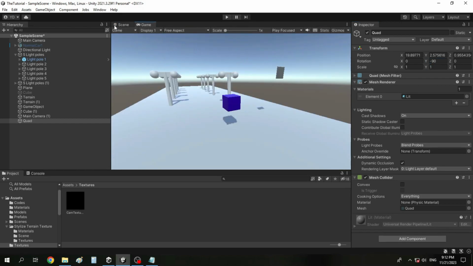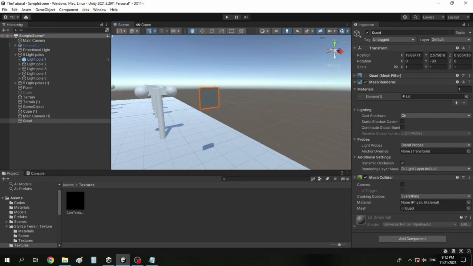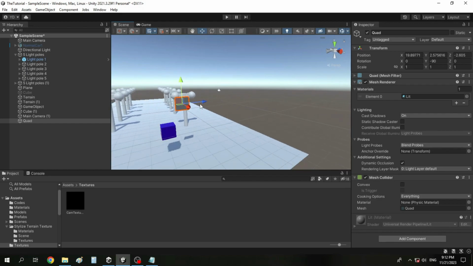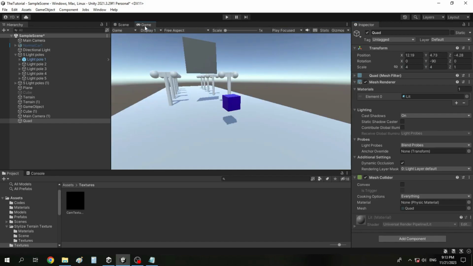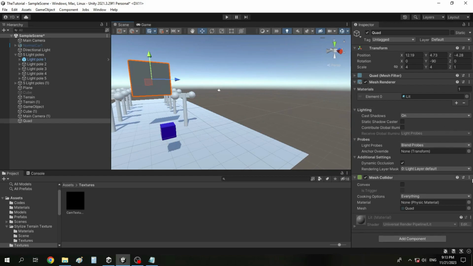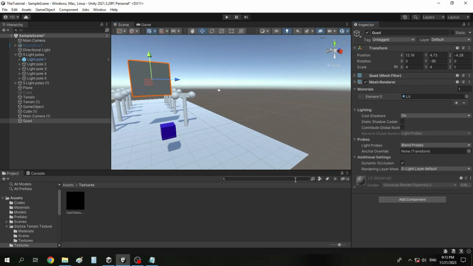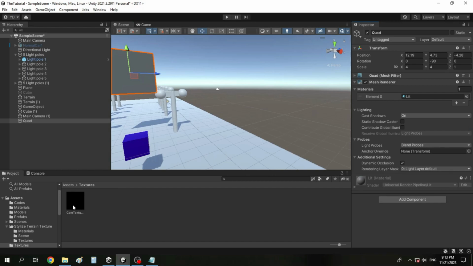So in our game view, we have a view of it, and I'm going to make this a little bit bigger and also put it elsewhere. Now it's good, and I don't want the mesh collider of it, so I remove it,